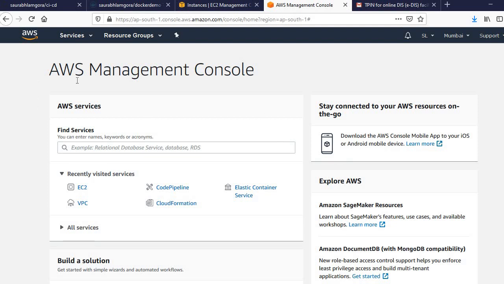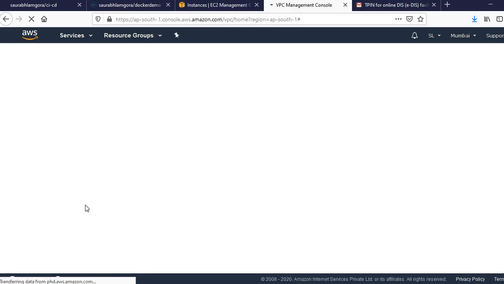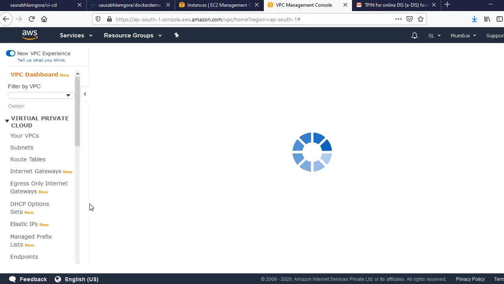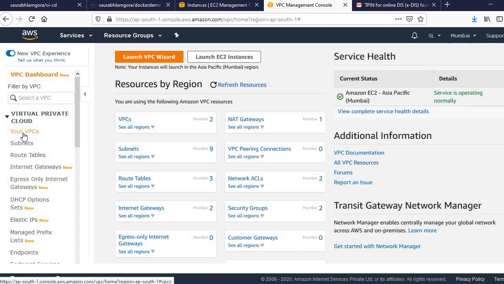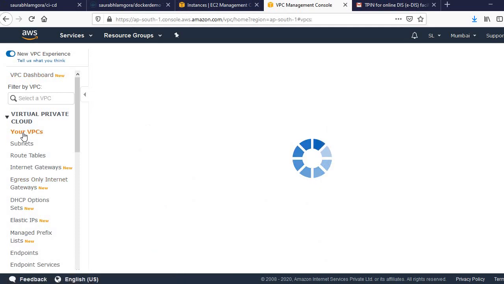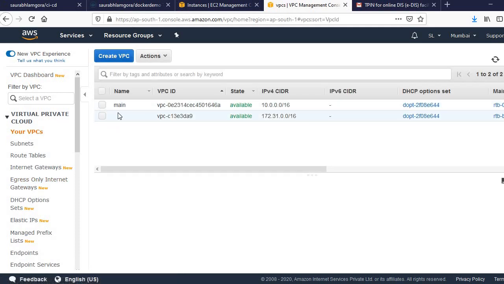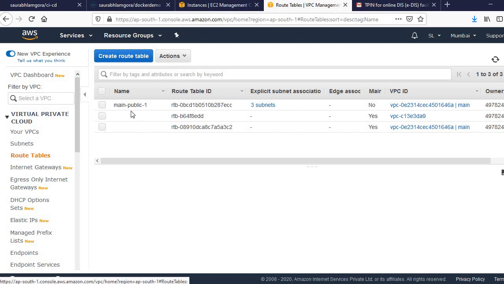Now log into your AWS management console. Click on VPC. Now you can see that the main VPC is created, with the CIDR block you have given. The public route table has been created.